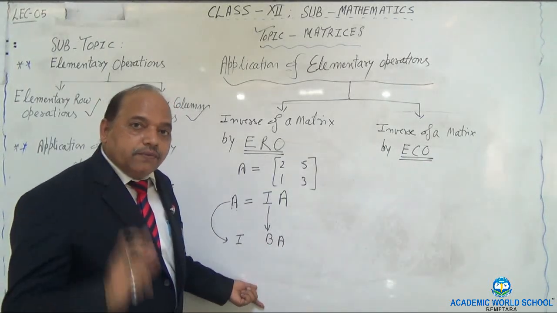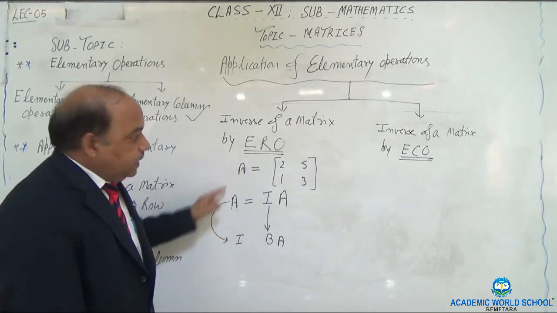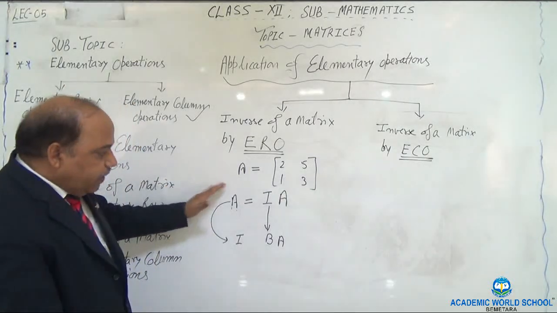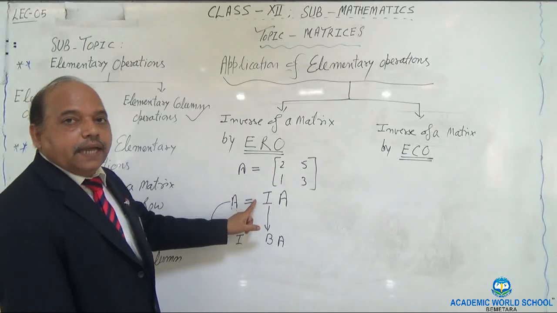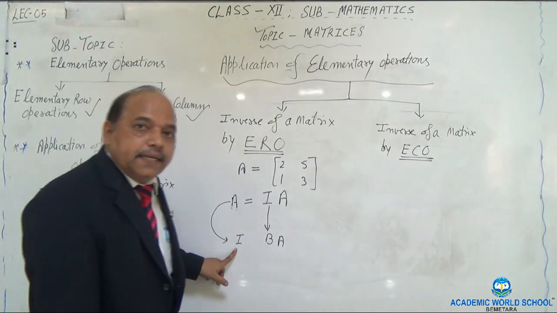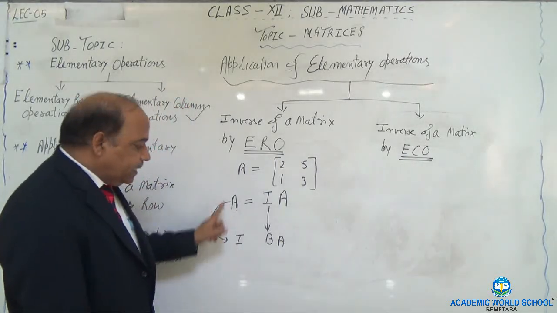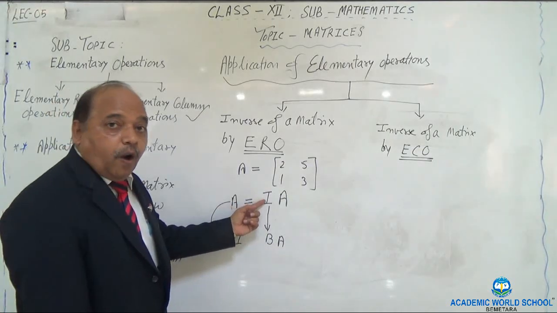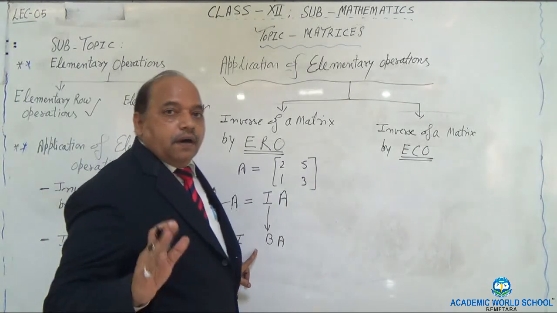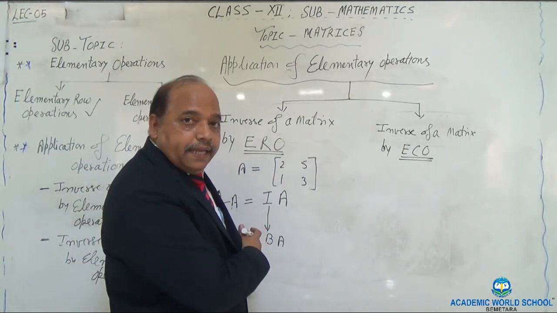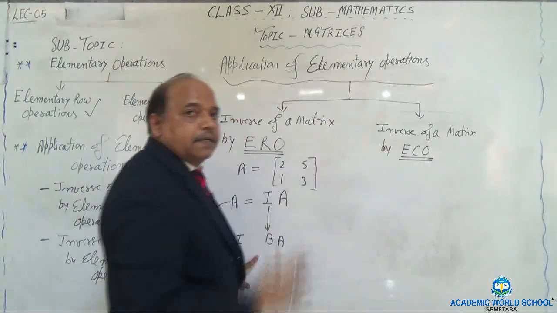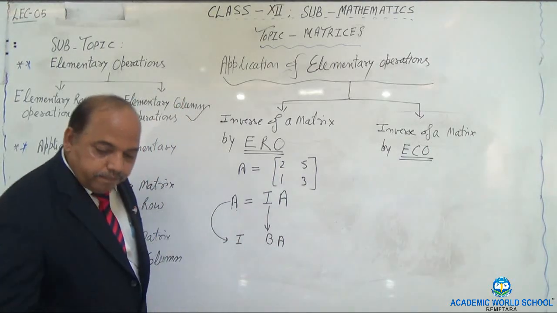Once again, what are we going to do? We will apply this set of elementary row operations on A, and whatever we do with A, same thing we will be doing with I. And what will be the direction? We will be moving to convert this into the identity matrix. And at that minute, when it gets converted into I, whatever form this will take, that form will be nothing but the inverse of A. Are you getting my point? Be very careful. Once I explain this, then I will come to how to write that part. So let's begin this one.